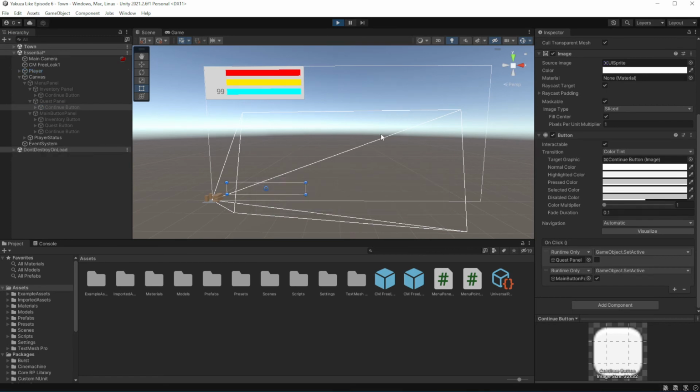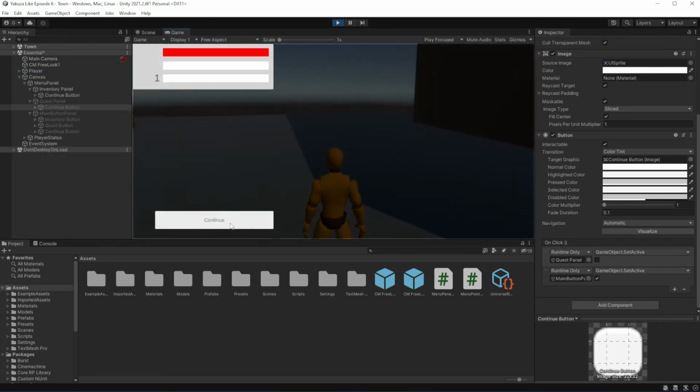Good. Now we can navigate the menu using mouse.